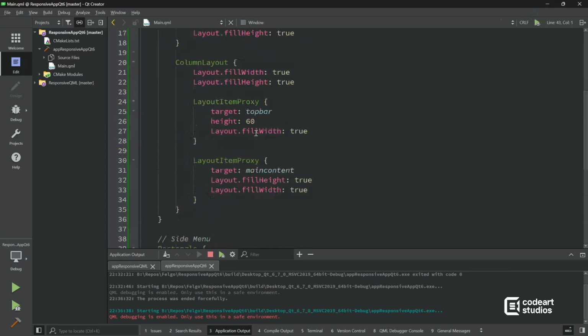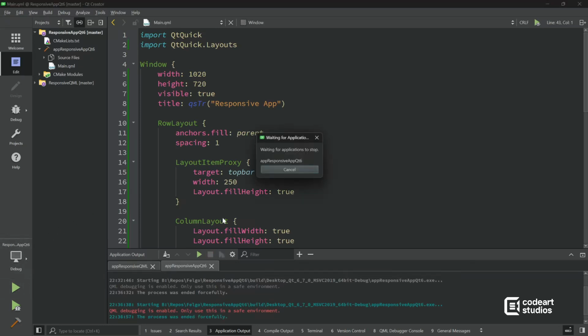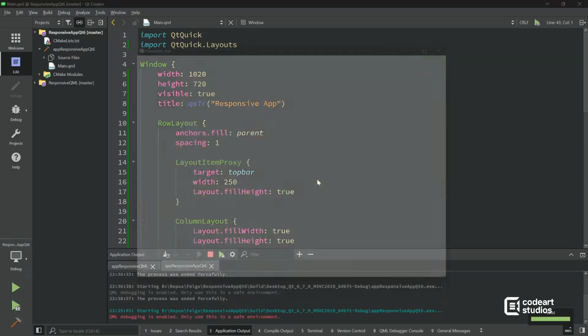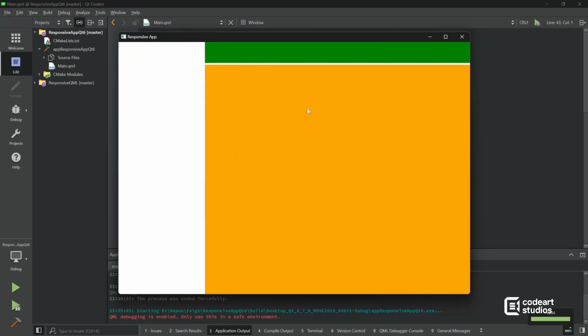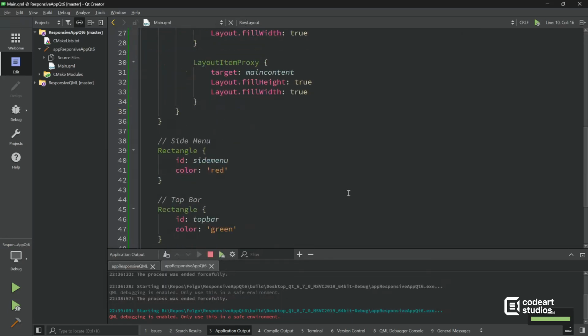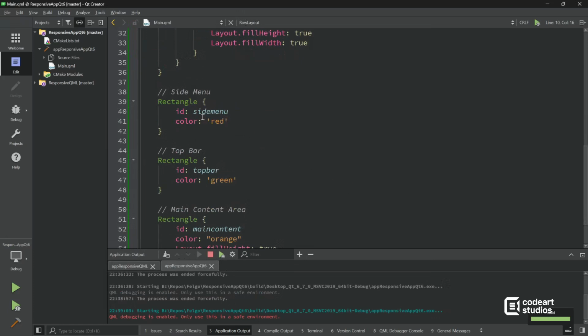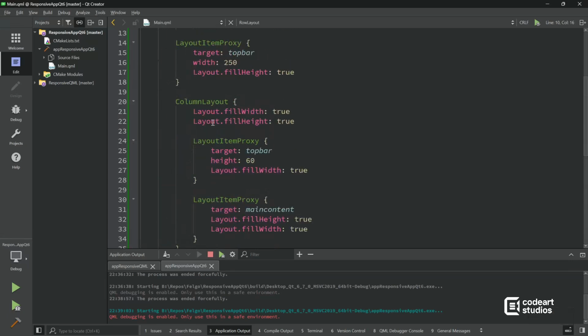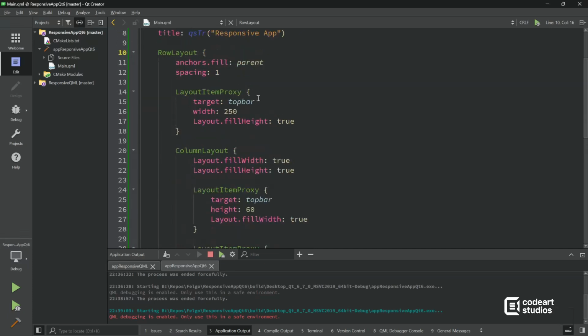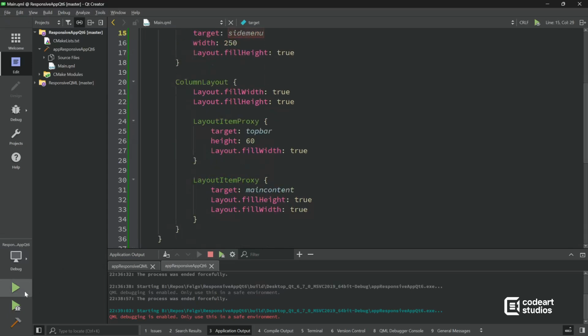So if you run this, nothing should essentially change. It should still give us a similar output as before. I think I might have messed up the colors. It's not really supposed to be red, so I've made a mistake somewhere. Let me just confirm. Oh yes, it's supposed to be side menu. Apologies for that. So if you run it again,